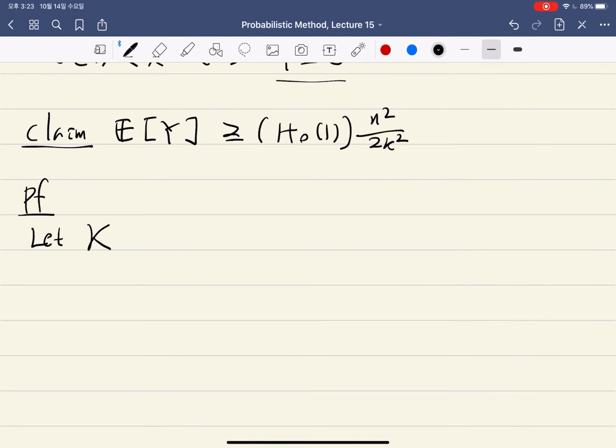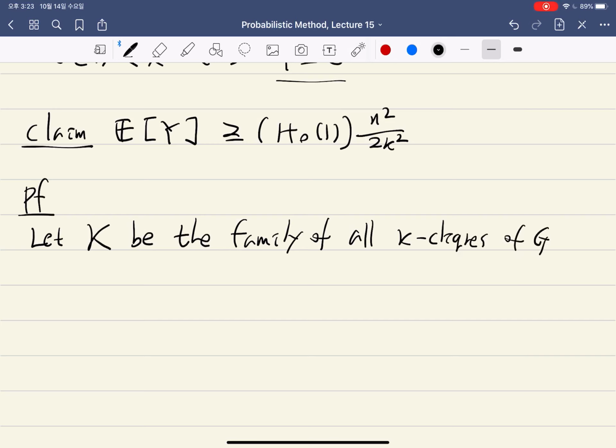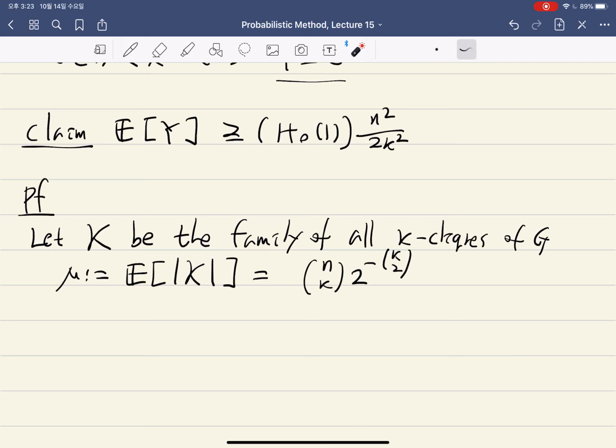So let script K be the family of all k cliques of G, and let's say mu is the expected size of this script K. It's not difficult to compute this: you choose a set of size k, and then the probability that it becomes a k clique is this. So this is f of k, and we know by our choice of k